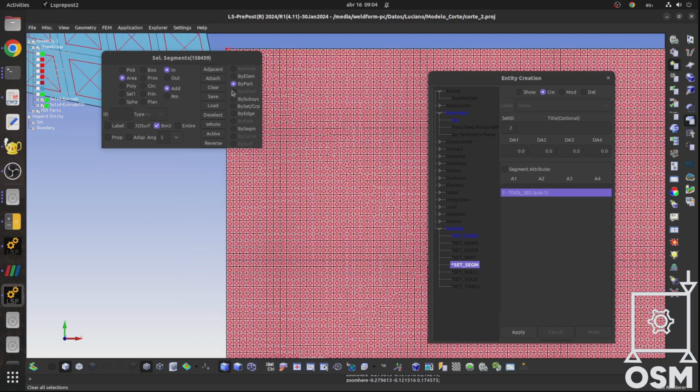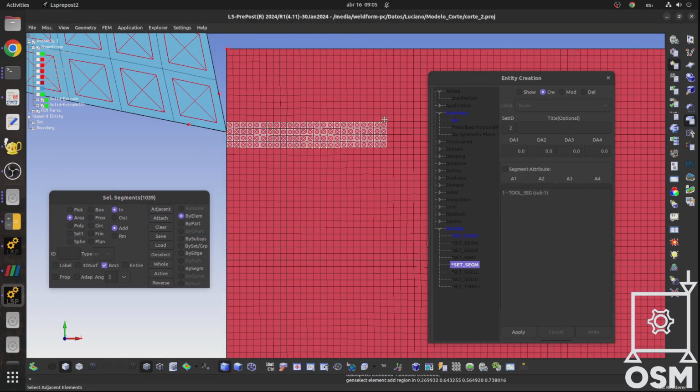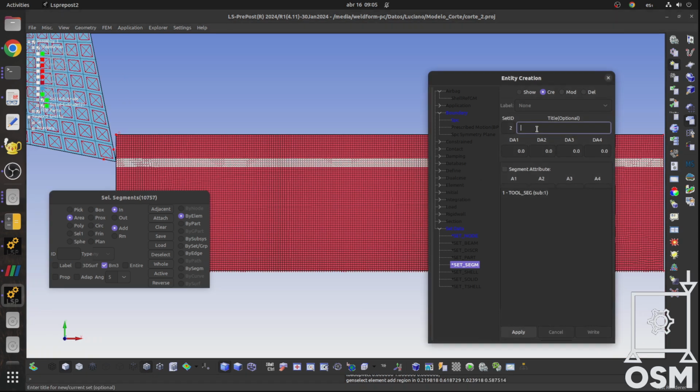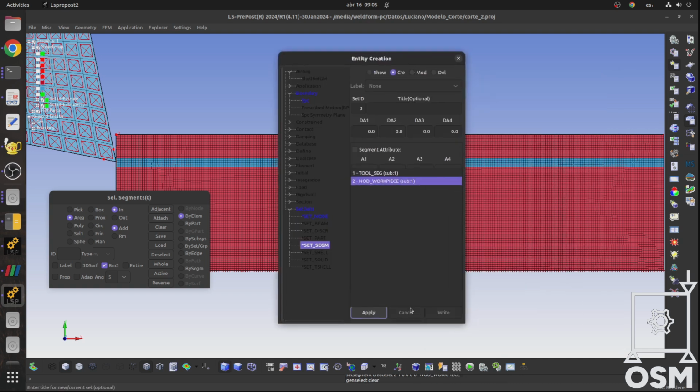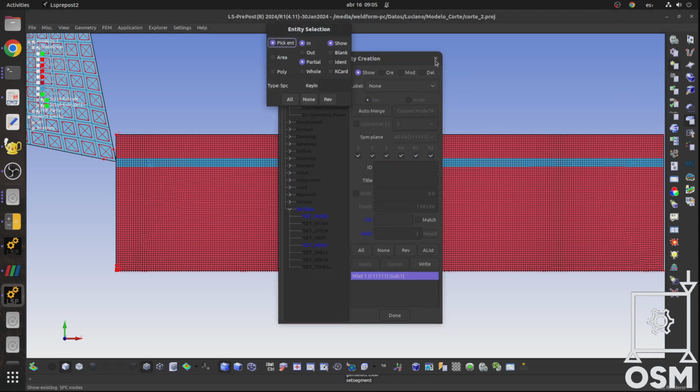We will begin by selecting all the zones of the workpiece that are going to come into contact with the tool. Make sure to rotate and zoom as needed so you can grab every relevant face. Don't leave anything out. This step is key because these segments will define the interaction between your workpiece and the forming tool during the simulation. Once selected, we will be ready to move on to defining the tool side of the contact.